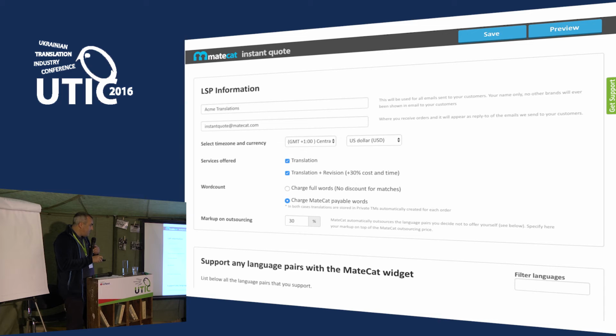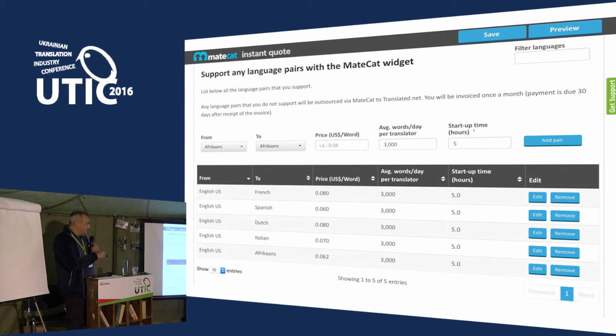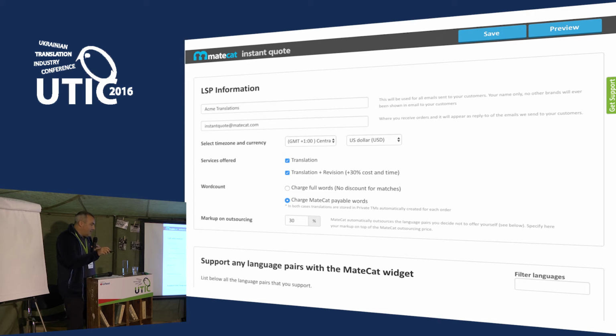When you've done this, you only have to specify the languages that you cover, the price per word you want to apply, and the average number of words you can translate per day, let's say 2,000. And also the startup time: if you have a new project, how much time we should consider as management or admin time for calculating the delivery date. So you fill in all your languages, and then if you go back, basically, for everything that you don't support,